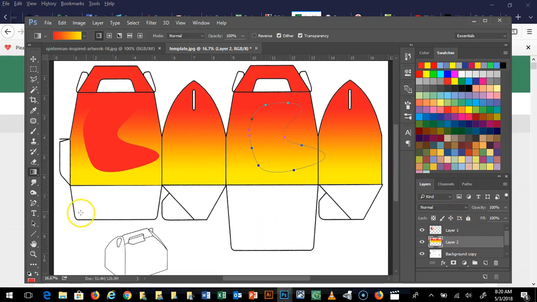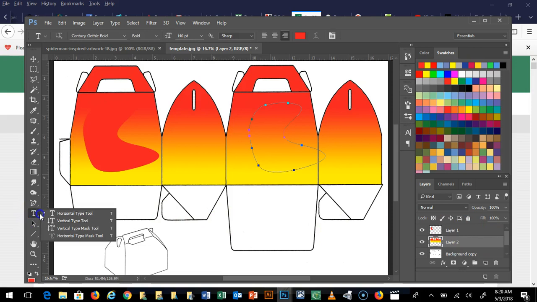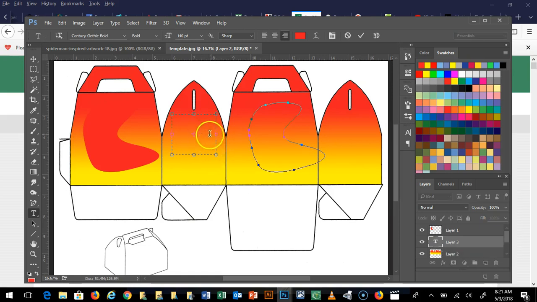So the text tool. Anytime you click on the text tool, it should default to horizontal. That's what you want. If it doesn't for some reason, make sure you do that. Now, you want to click and drag to create a text field, just like this. It's going to look a lot like the marquee tool. And then just let go. Once you have done that, you can always adjust the shape of the field after the fact. So it doesn't really matter if you get it right. Just get something in there. Now you want to type